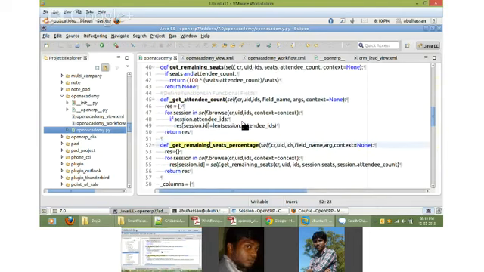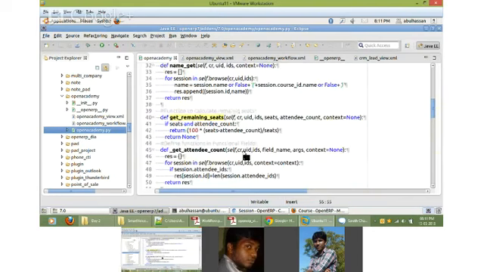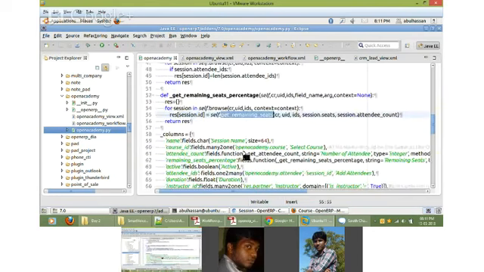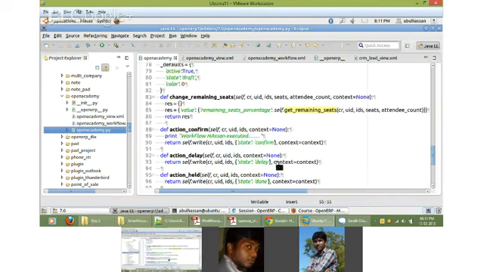In both the fields, I have used a common function called get remaining seats. So get attendee count is the first field, which calculates the attendee count.